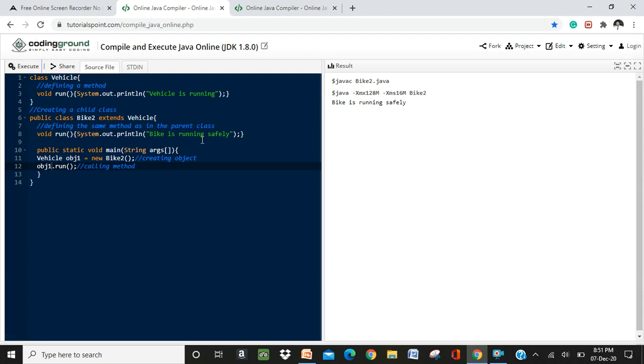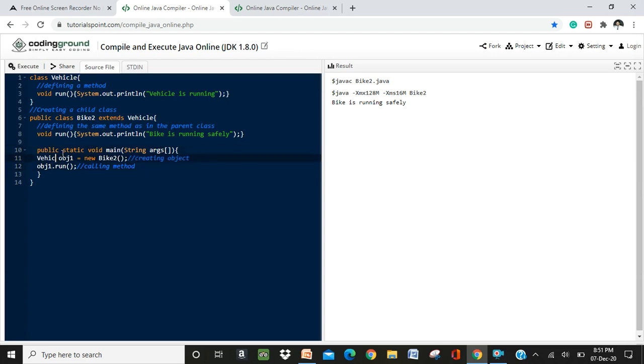Here you can see once again I did the same thing: Vehicle, that is the main object reference, is going to refer to Bike2. Definitely it is going to print the same thing. Let's alter and see once again.